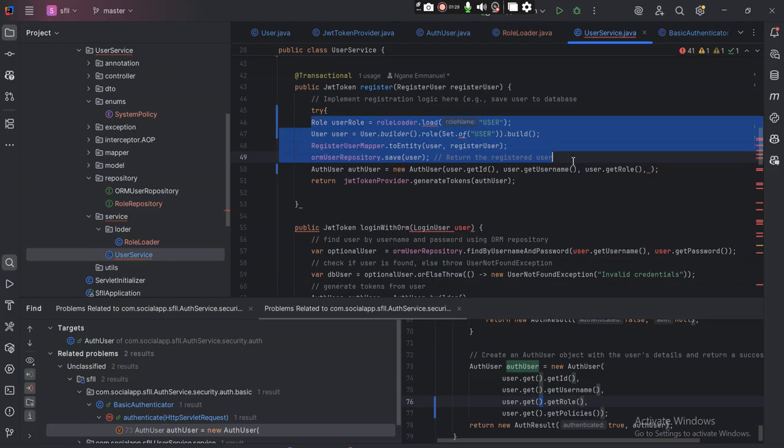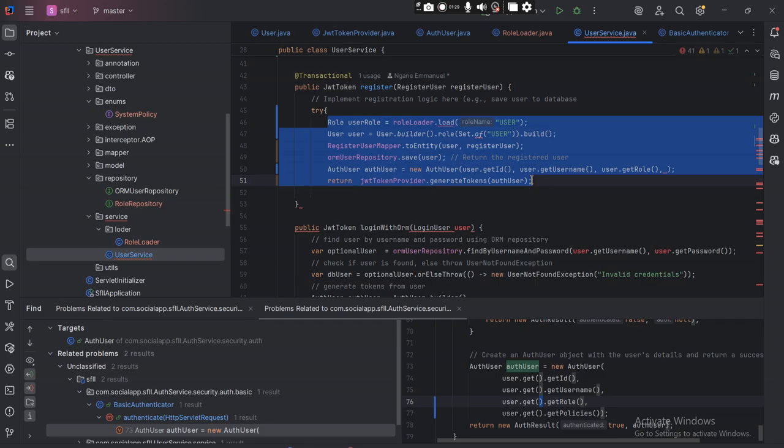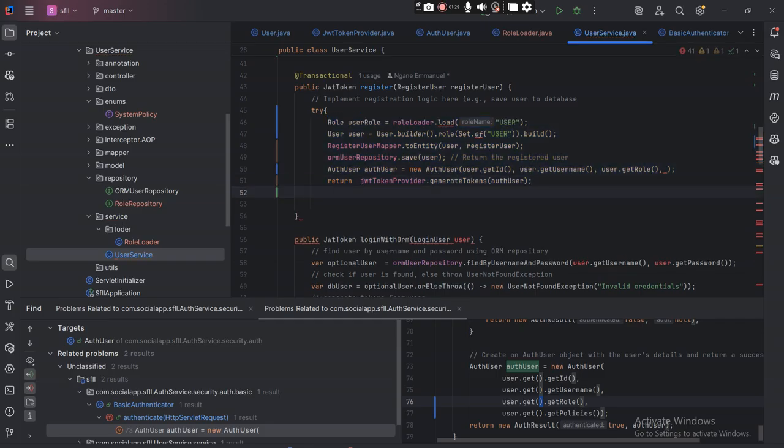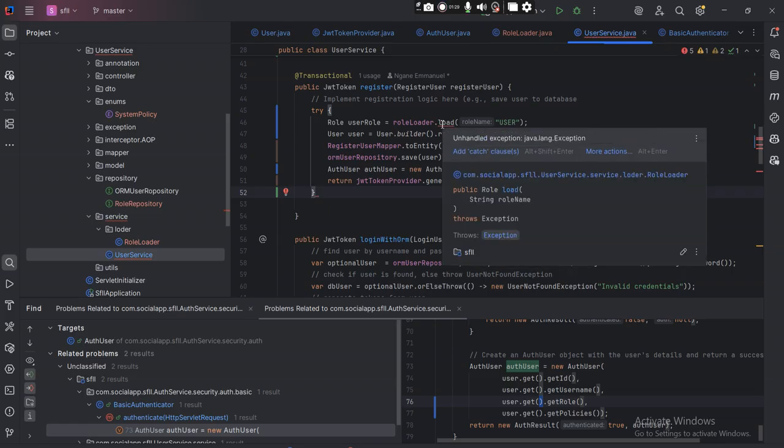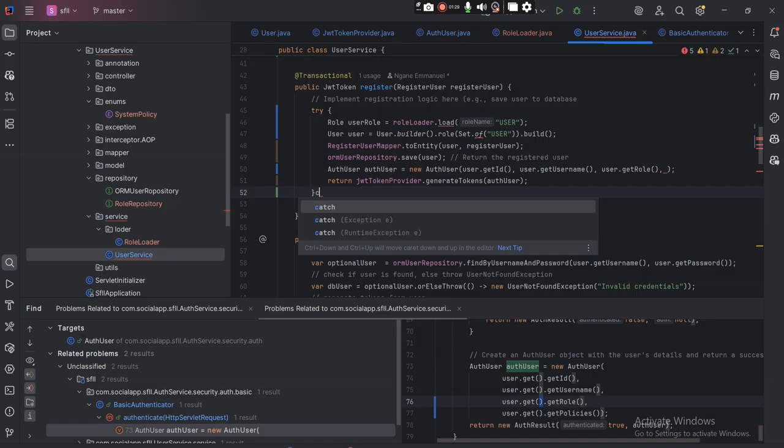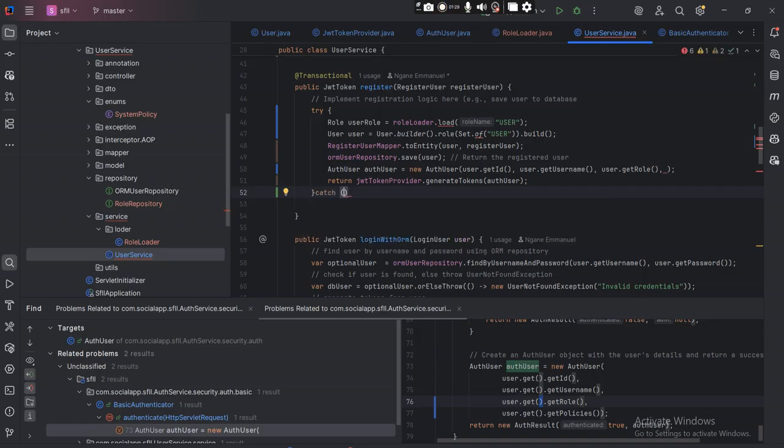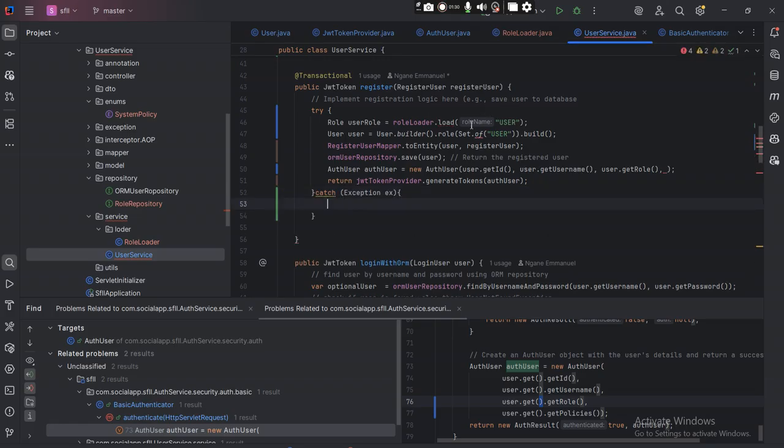No, it's all of them. Right. Yeah, so that's what I want to catch right now. So we want to catch exception E or EX, and then we are going to